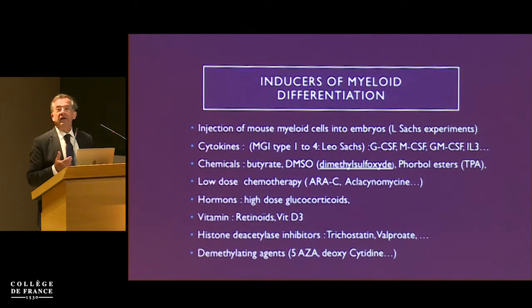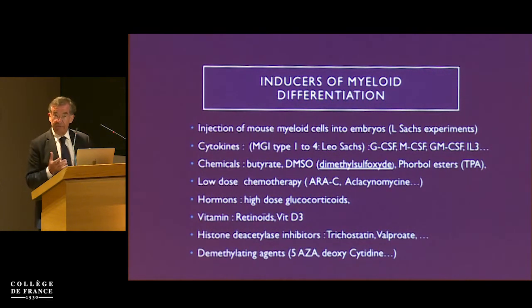So many other inducers are possible for myeloid differentiation. For instance, cytokines. The GCSF and GMCSF can completely differentiate the Kasumi cell line, which is AML1-ETO, the 8;21 translocation. Chemicals like butyrate, DMSO, and a friend of mine from Sardinia gave a very large amount of DMSO to a shepherd, because the problem of DMSO is that there is a taste of garlic, which is very horrible for the environment. And low-dose chemotherapy, RSC, but also other drugs like aclacinomycin, which are very good in vitro